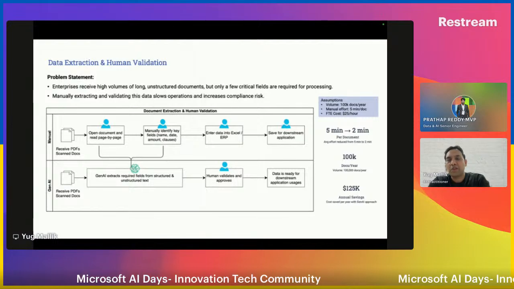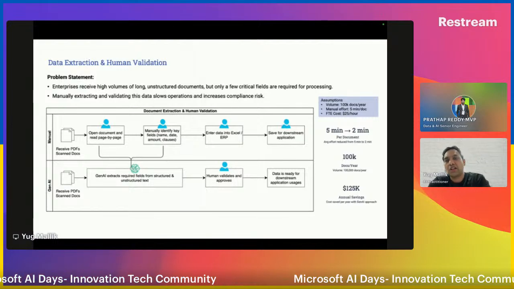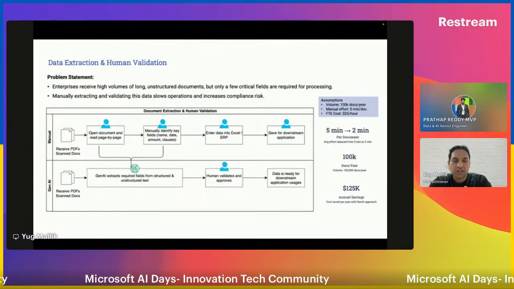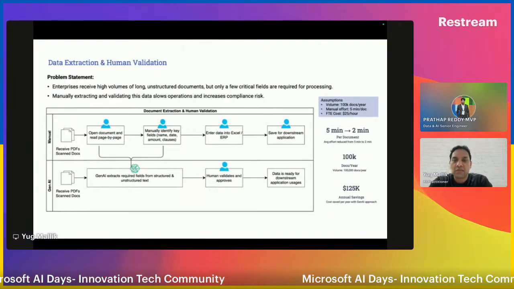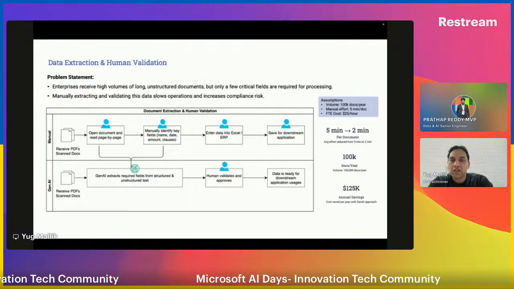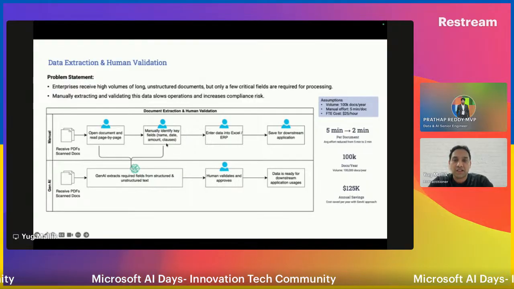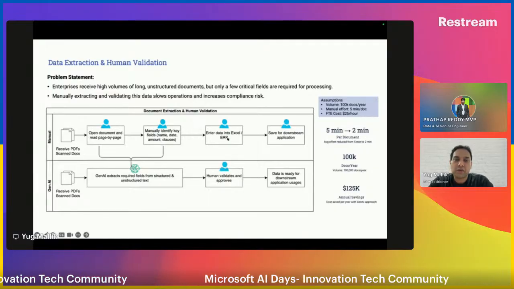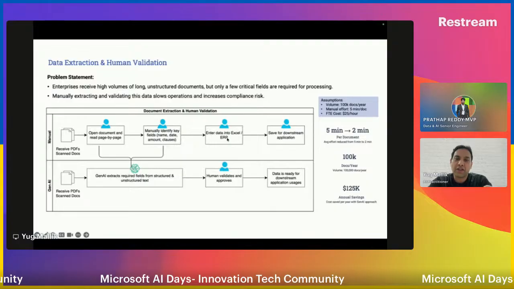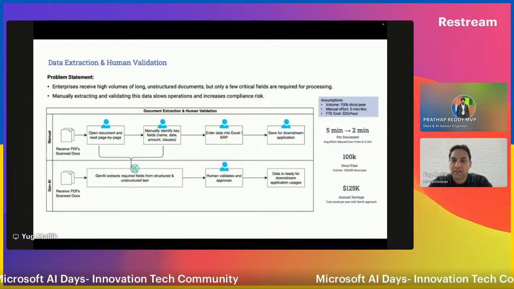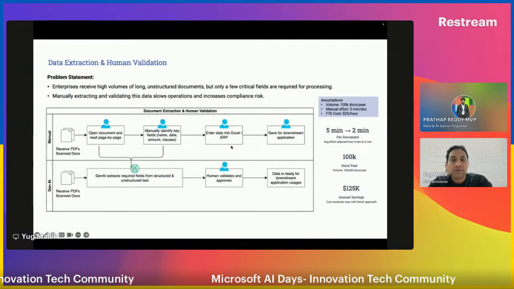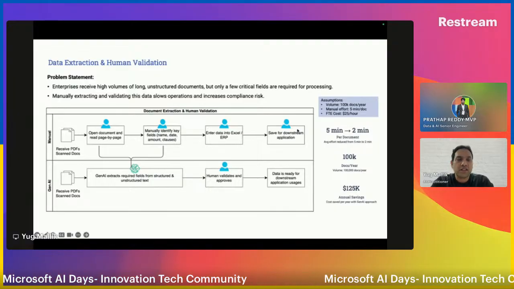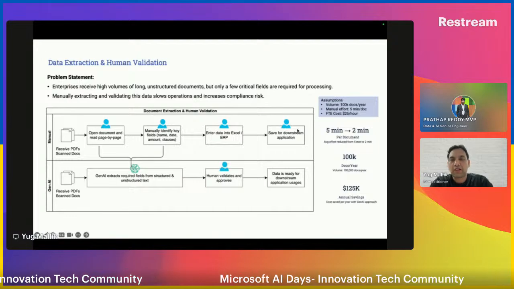Only the key fields: maybe is the PAN number correct, is the Aadhaar number correct, is the signature correct, or are the name, address, and all the banking-related numbers correct or not, is what they look for, and they look for it manually, right? Once everything looks good, they feed this information either into an Excel or directly into an ERP. Once they feed that information into the ERP, the data will flow into their respective downstream applications.